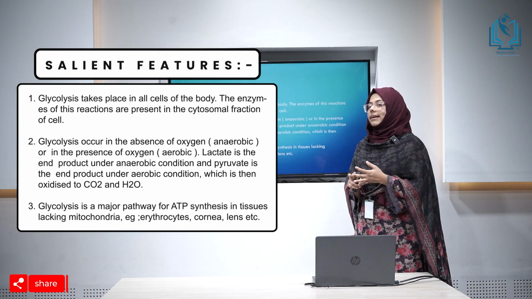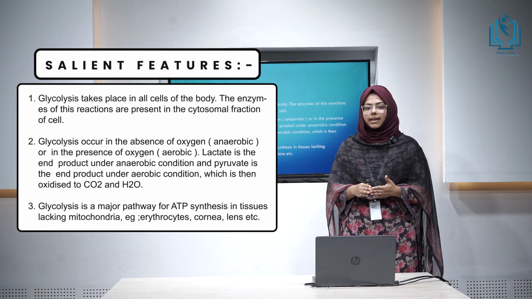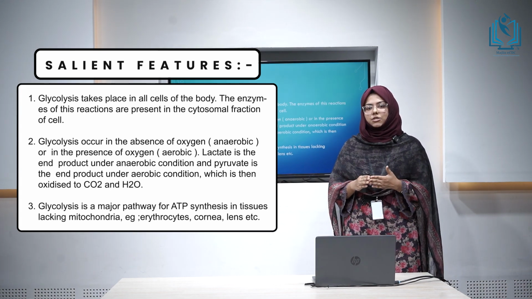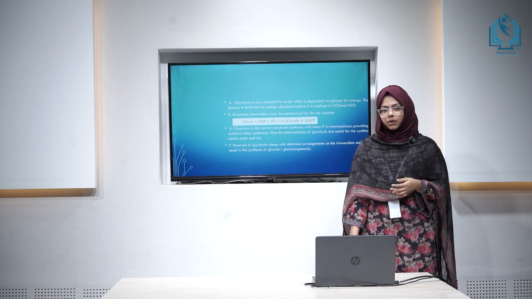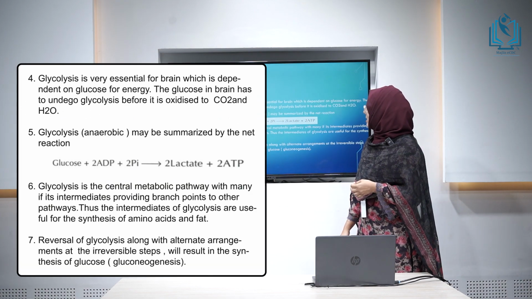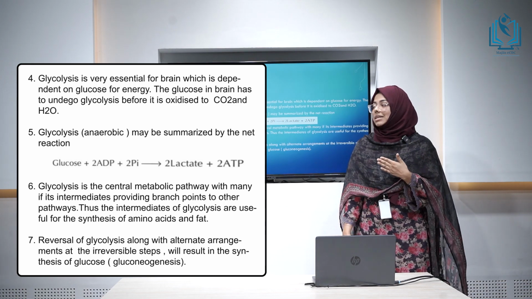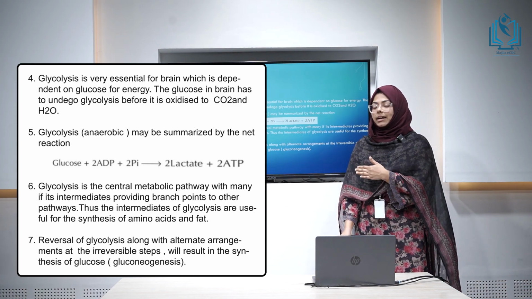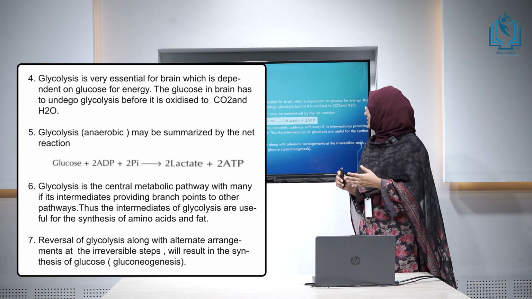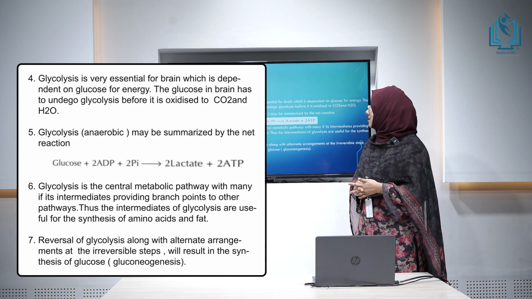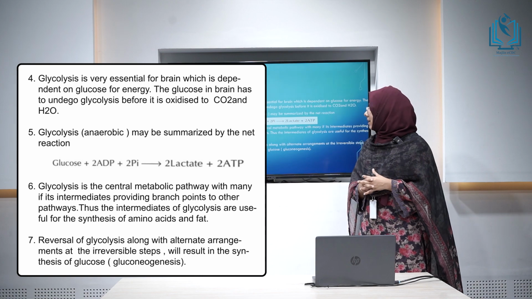Third, glycolysis is a major pathway for ATP synthesis in cells that lack mitochondria, for example erythrocytes, cornea, lens, etc. Fourth, glycolysis is very essential for the brain, which is dependent on glucose for energy. Here glucose in the brain first undergoes glycolysis before it is oxidized to carbon dioxide and water. And the net reaction for anaerobic glycolysis is summarized as glucose plus 2 ADP plus 2 Pi giving 2 lactate